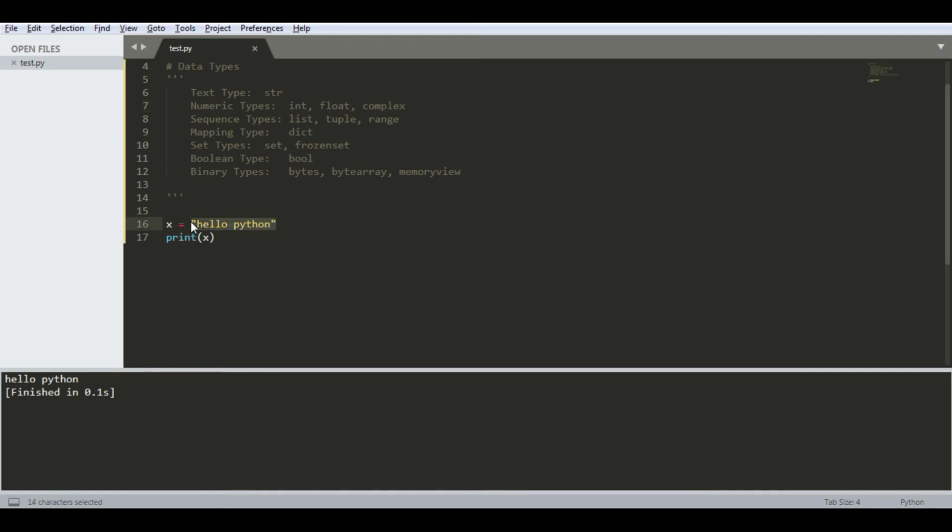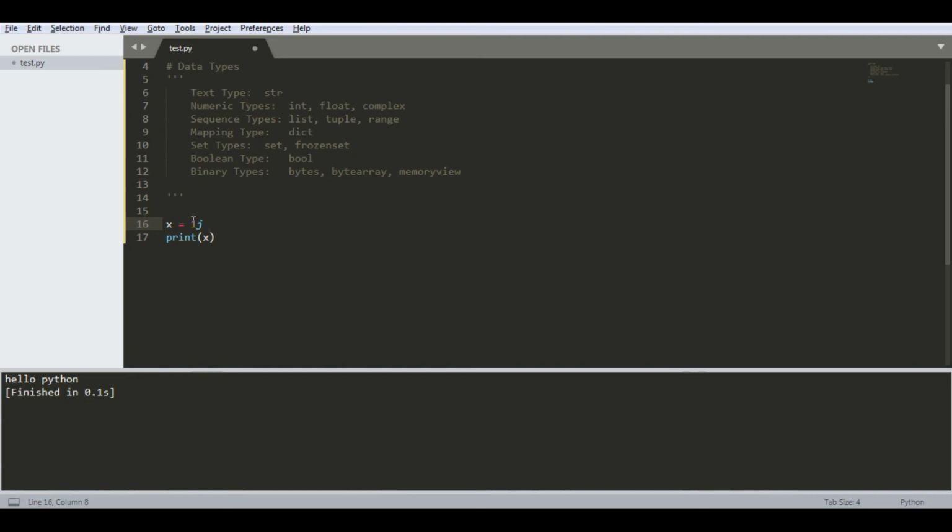We all know the integers: 0, 1, 2, 3, and so on. For the float, it's 2.5, 2.6, etc. And for the complex type, which is 1j. In the following videos, I'm going to talk about this specific type.